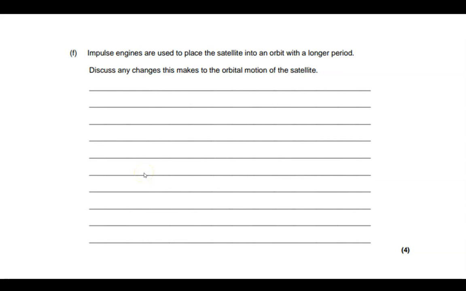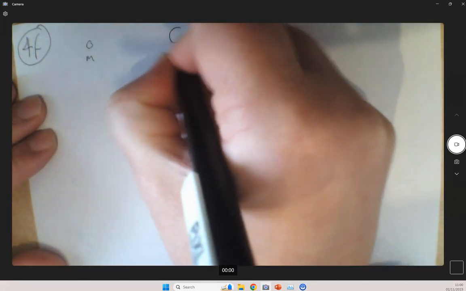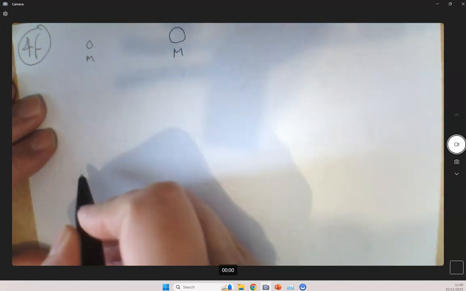So, impulse engines are used to place the satellite into an orbit with a longer period. Discuss any changes this makes to the orbital motion of the satellite. So, jumping across, what we've got then is a satellite, which I consider a smaller mass, orbiting something with a bigger mass that's at a separation